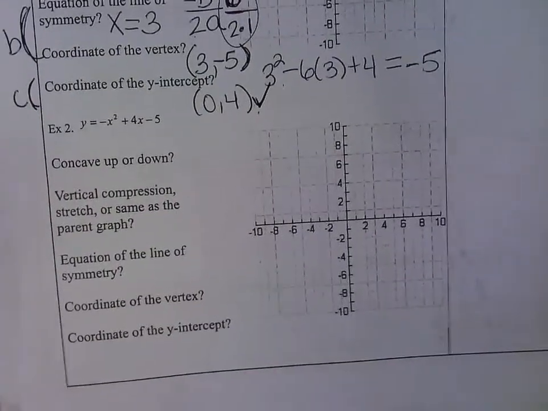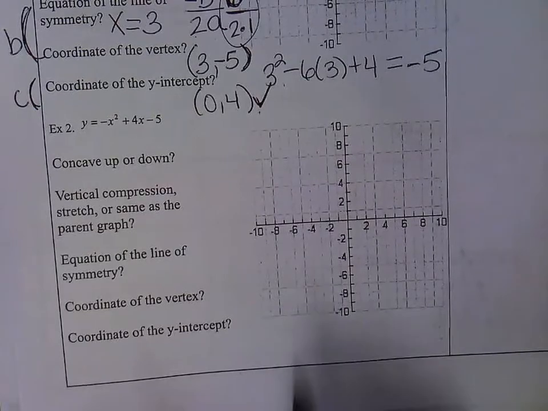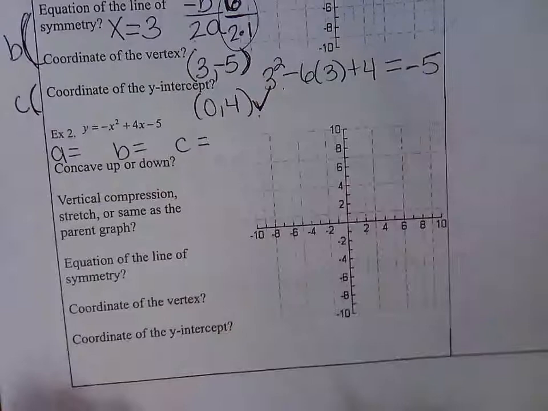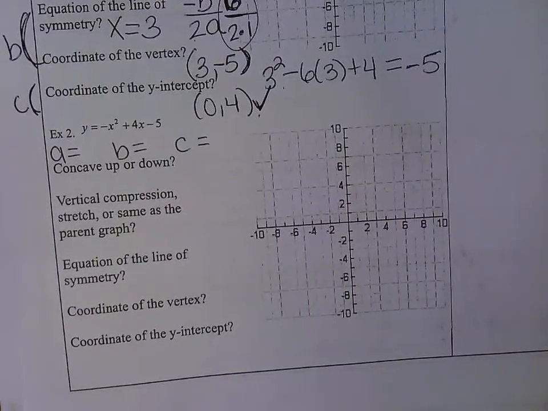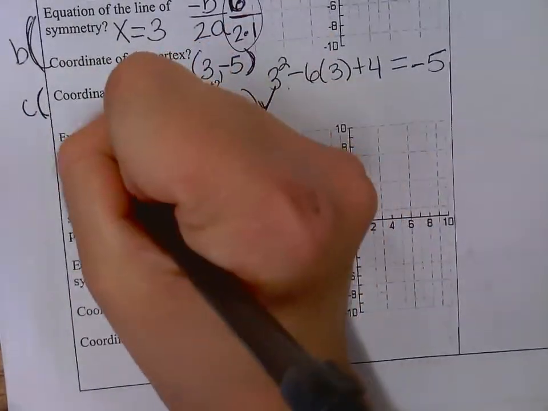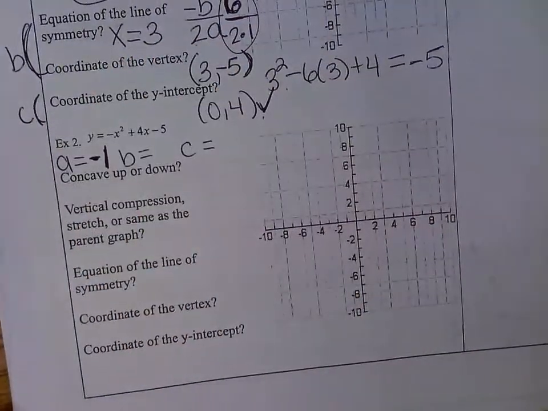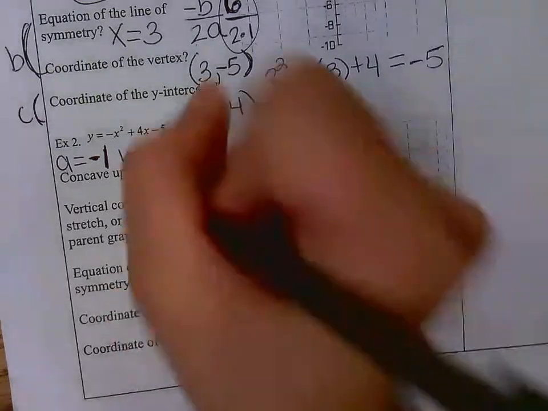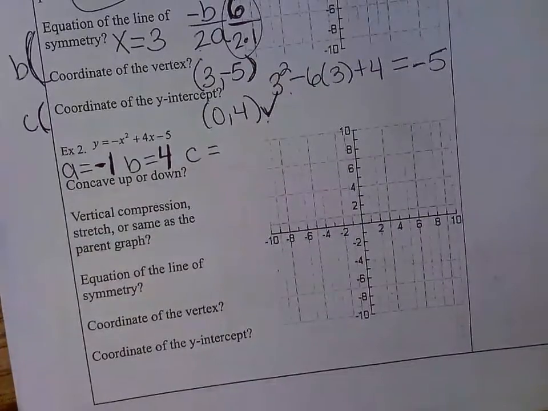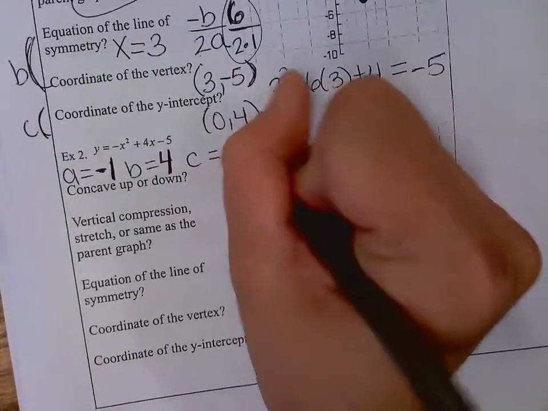Let's do one more together. This one is going to come out in a different direction. Let's identify our A, B, and C value first. So what's my A value for this one? -1. So when there's no number, the number is 1. So -1. What's my B value? +4. And C is -5. So